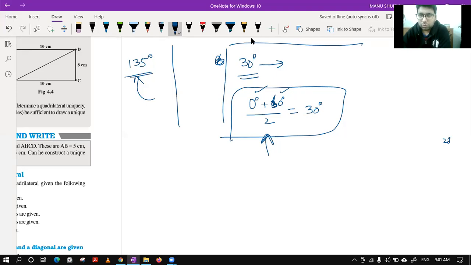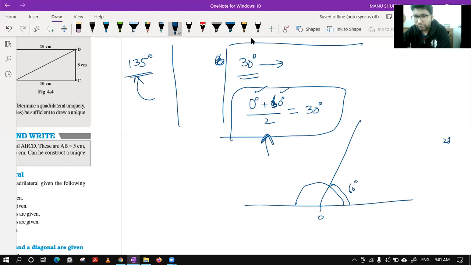Okay. So similarly, you will make a line, you will make a point over here, you will take an arc like this, you will make the first arc of 60 degree. Sorry, 1 second. So this is the arc of 60 degree like this. So this complete is 60 degree angle. To find that 30 degree angle, you will keep the compass on point A, take the first arc. You will keep the compass on point B, take the second arc, and this will be your 30 degree angle.